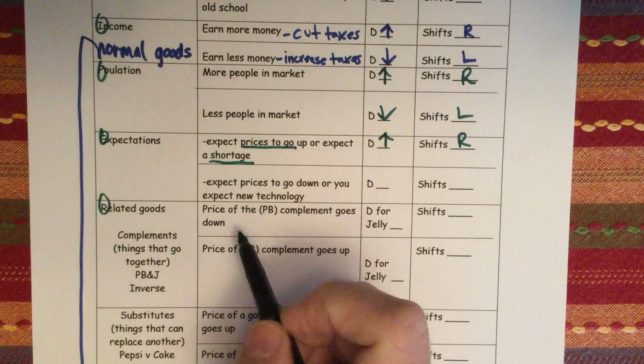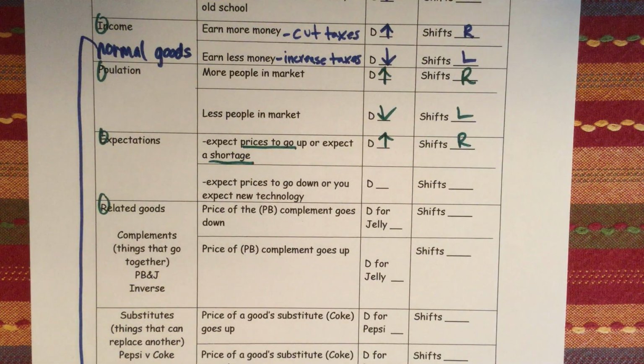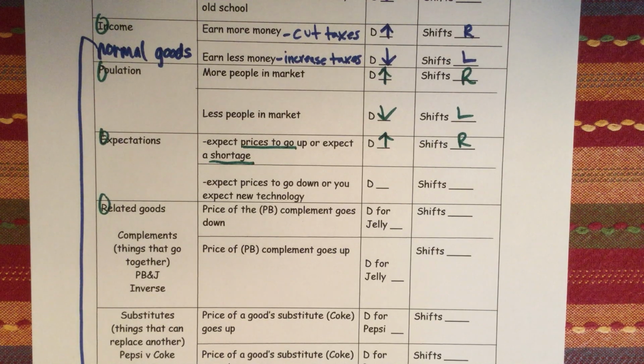Also, if you expect a shortage, right now people in China had essentially started to stockpile toilet paper because they thought that people who worked in the manufacturing of toilet paper were going to be out of a job because of the coronavirus, and then there would be a shortage of toilet paper. Because people were seeing that online, people started to freak out thinking there was a shortage here in the United States, and people are expecting there to be a shortage of toilet paper. So if you have shopped online, or tried going to Walmart or H-E-B to buy toilet paper, your family's probably had a little bit of trouble doing so because of that expectation of a shortage.